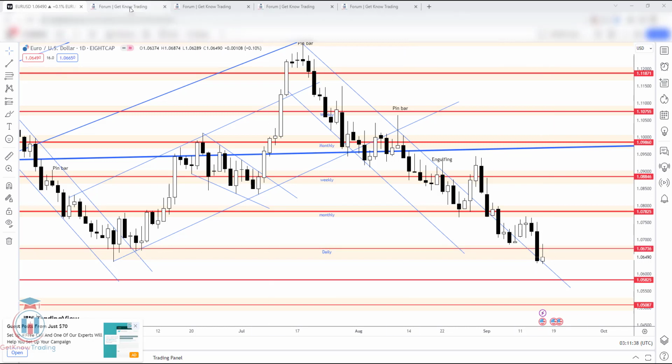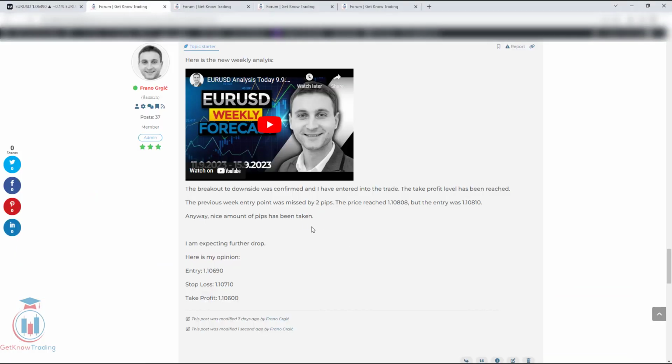If we go to the forum, you can see what I mentioned last week. I also shared in the community my opinion with the entry, stop loss and the take profit. I said about the entry point 1.10690, expecting that the price will continue to fall down, with the stop loss 1.1070 and the take profit